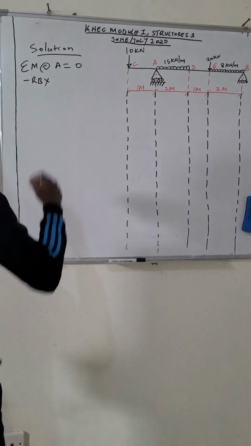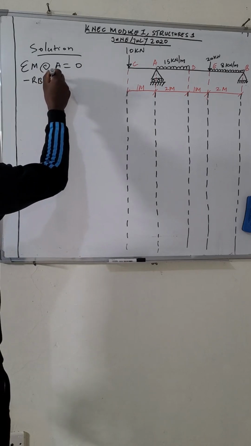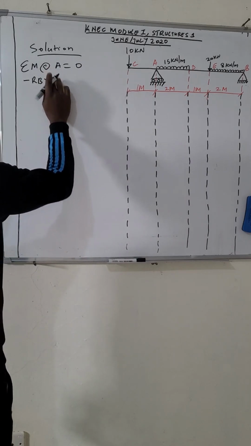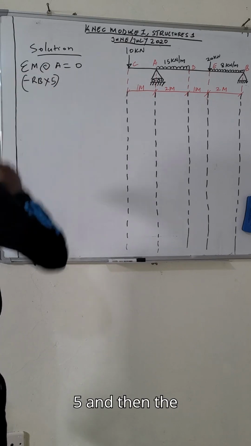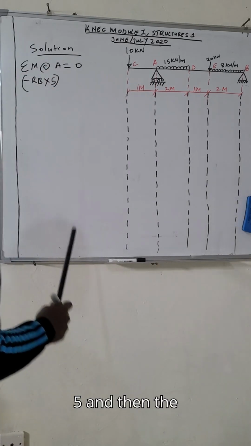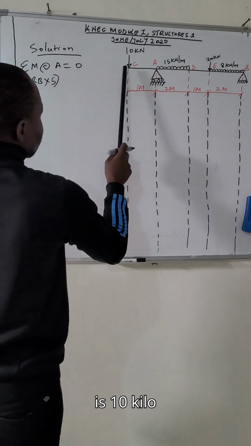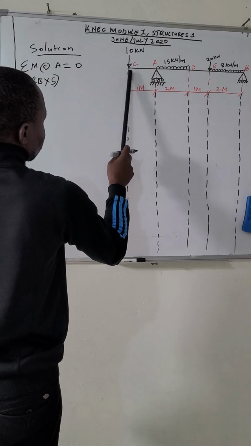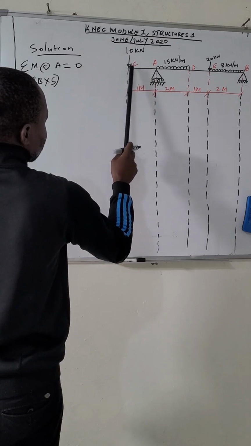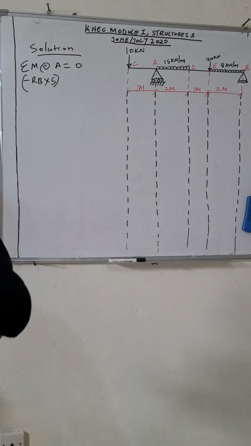So that is 5. And then the force which is so close to A is 10 kilonewton. In which direction? This direction. As you can see, anti-clockwise, negative